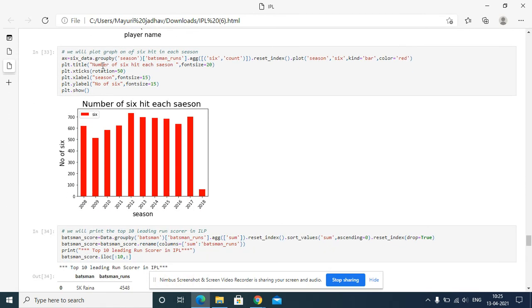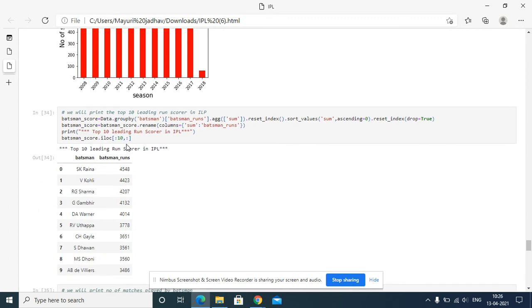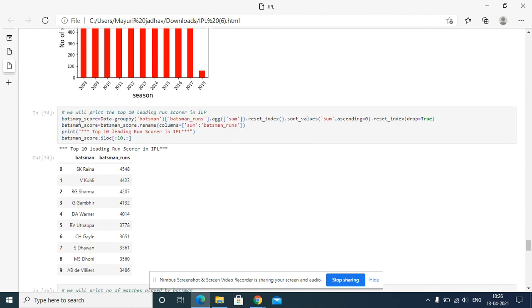Then next we will plot the graph of 6s hit in each season. This is season wise data of which hits the 6s. We will print the top 10 leading run scorers in IPL. Batsman score data, group by batsman's runs, aggregate sum, reset index, sort values, sum ascending is equal to 0, reset index drop is equal to true.